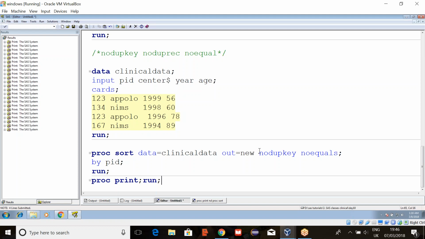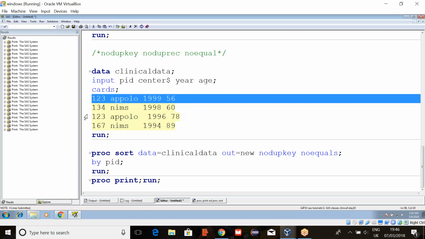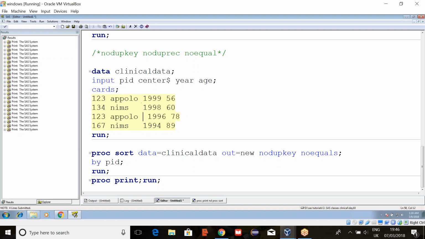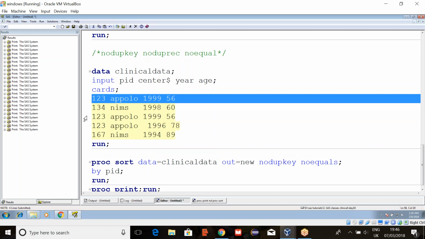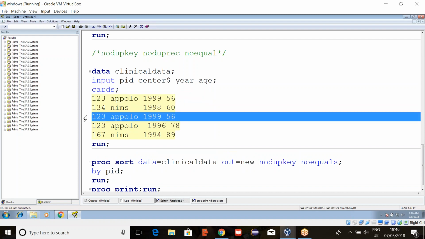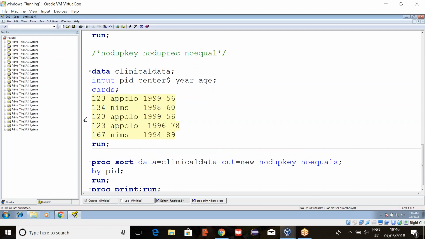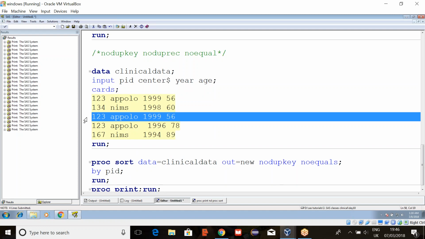So is this clear? That is nodupkey. Now let's see nodup record. This record is not completely duplicate, right? These values are different. But when you look at these two records, they are completely duplicate. Sometimes I want to remove completely duplicate records.